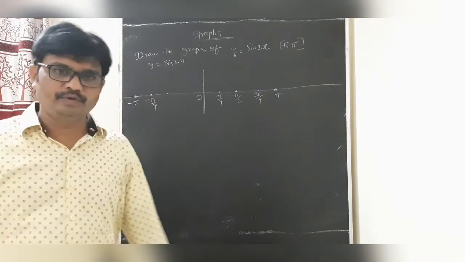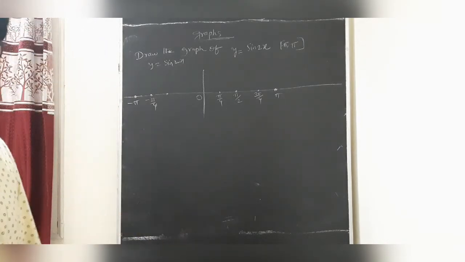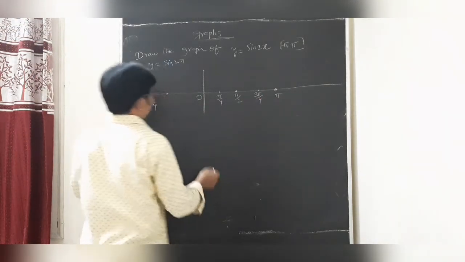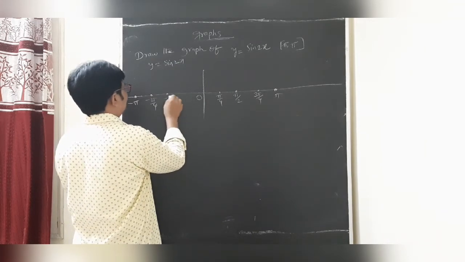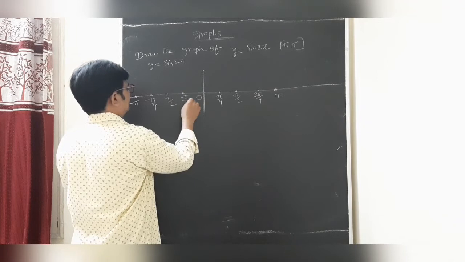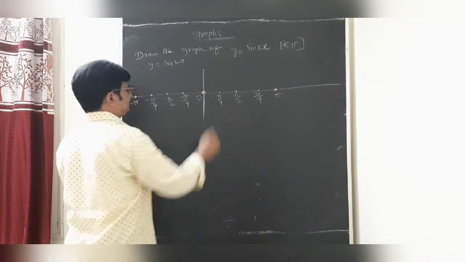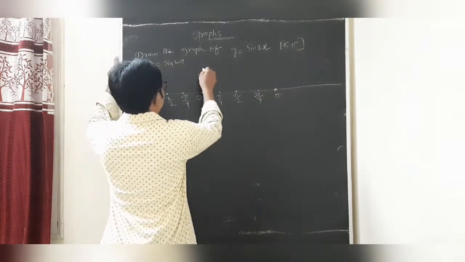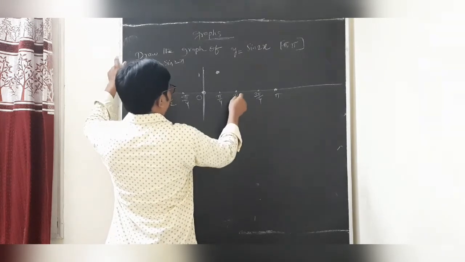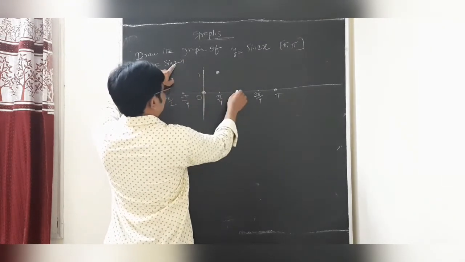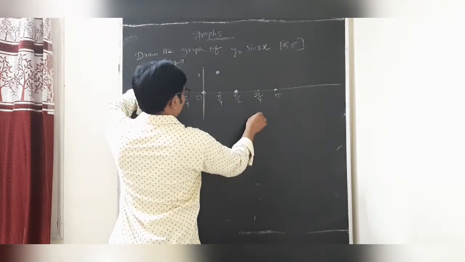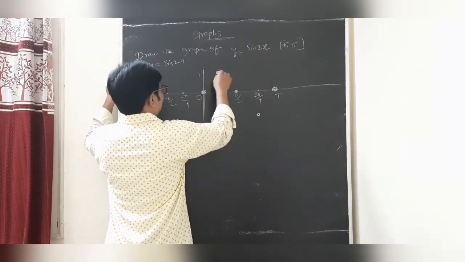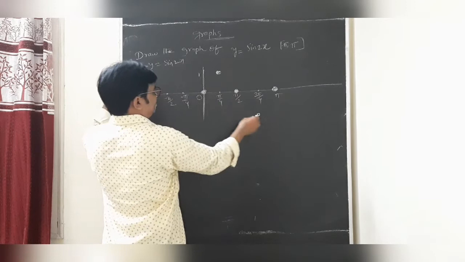Dear student, draw the graph of y equal to sin 2x in between minus pi to pi. So students, this is 0, pi by 4, 90, 3 pi by 4. Sin 0 is 0. My dear students, sin of 2 into 45 is 1. After that, pi by 2, that means 2 into pi by 2 is pi, that is 0. 3 pi by 2 gives minus 1, and 2 into pi is 2 pi, 0.